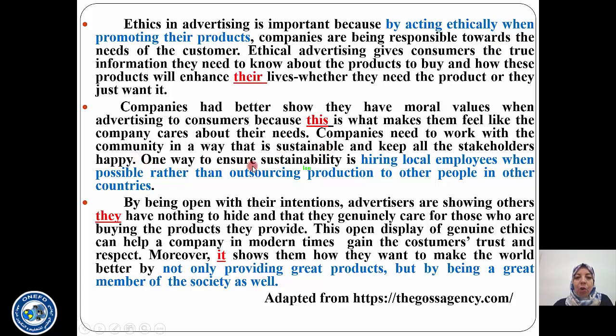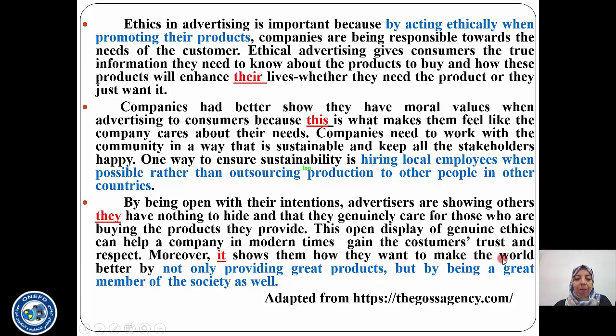So one way to ensure sustainability or a viable relationship, it's a relationship that lasts, is hiring local employees when possible. Okay, it is employing local workers when possible, rather than outsourcing production to other people in other countries. Better than employing people from other countries. Okay, and the last one, what should a company do, or what can a company do to